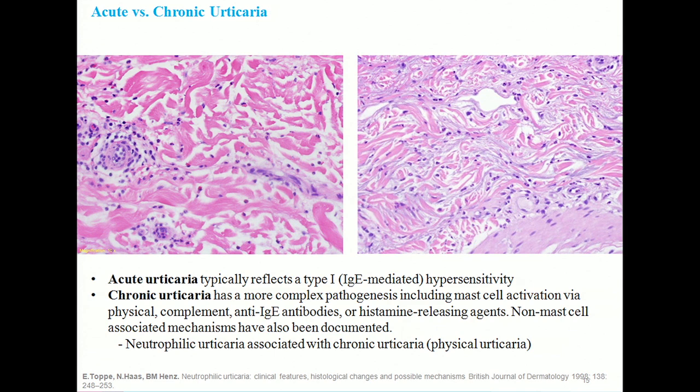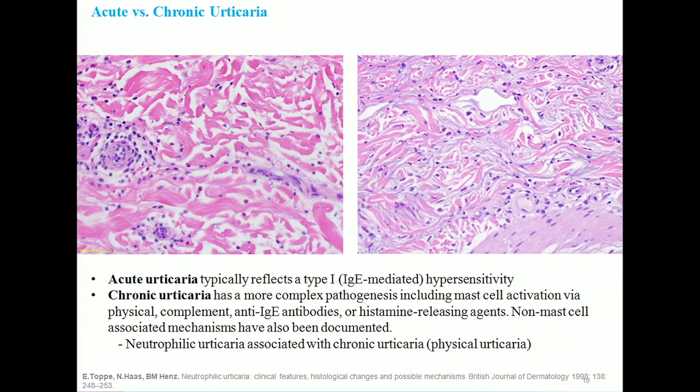Microscopically, acute urticaria typically reflects a type 1 hypersensitivity reaction, an activation of IgE antibodies cross-linked on mast cell surfaces. And so what you're going to see is a sparse perivascular lymphocytic infiltrate with interstitial neutrophils and occasionally some scattered eosinophils. Now, in regards to chronic urticaria, it has a much more complex pathogenesis for mast cell activation, which can